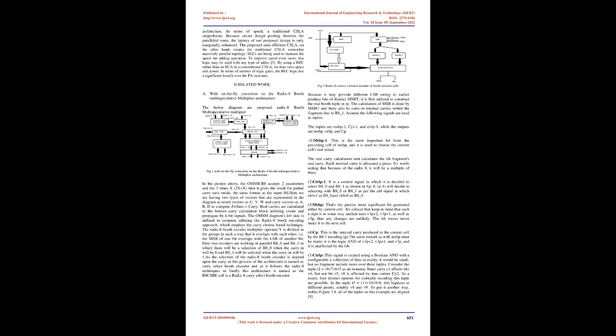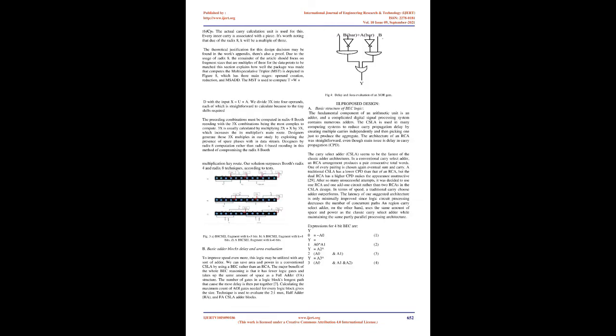Here we have two types of vectors represented in the diagram: result vectors u, v, w, and carry vectors a, b, d, to compute z equals sum plus carry. Real carries are calculated in the bottom carry calculation block utilizing generate and propagate k-bit signals. The OMSM diagram's left side is computed using the Radix 8 booth encoding approach, which employs the carry select